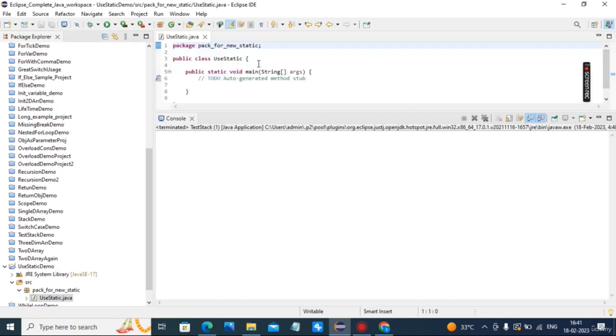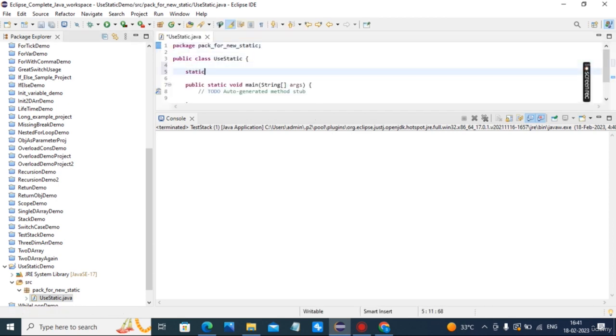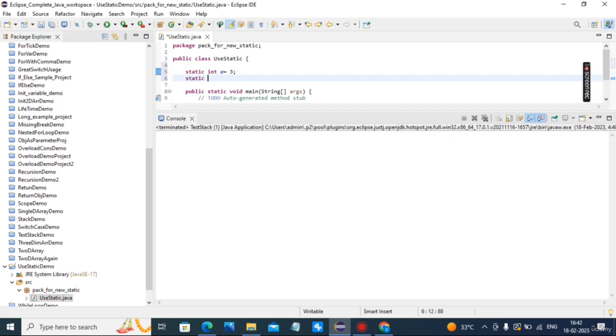Now static int a is equal to 3, static int b.